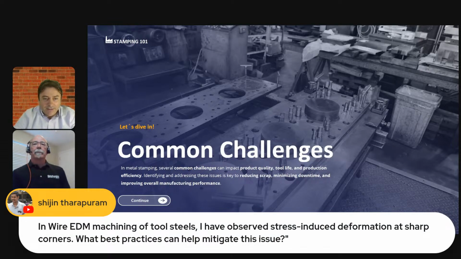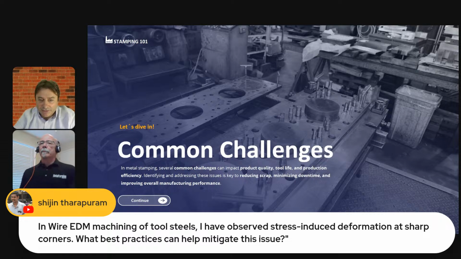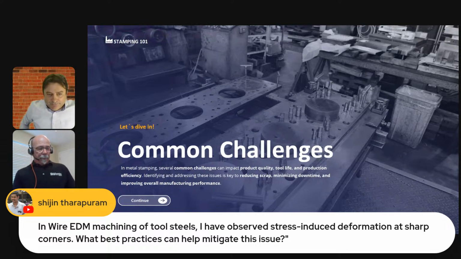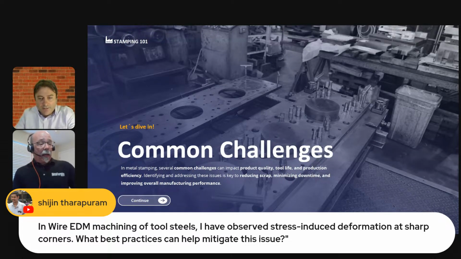In wire EDM machining of tool steels, I have observed stress-induced deformation and sharp corners. What best practices can help mitigate this issue? Yeah. Okay. I was going to put a slide in to show at the end that related to this specifically, but we